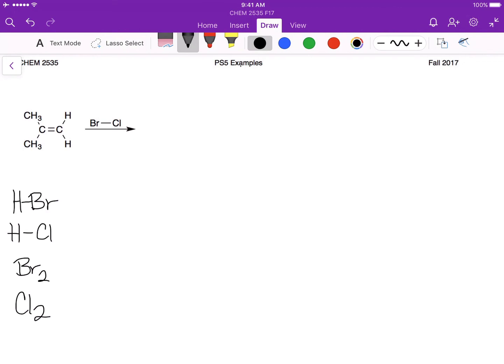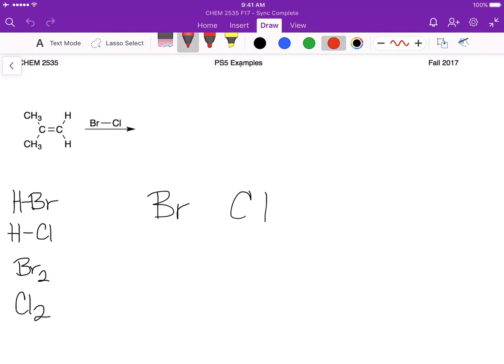We know how to do those reactions. What happens when we have BrCl? Well, first we need to figure out what our nucleophile is going to be and what our electrophile is going to be. So the first question that we can ask is, which one of these, bromine or chlorine, is more